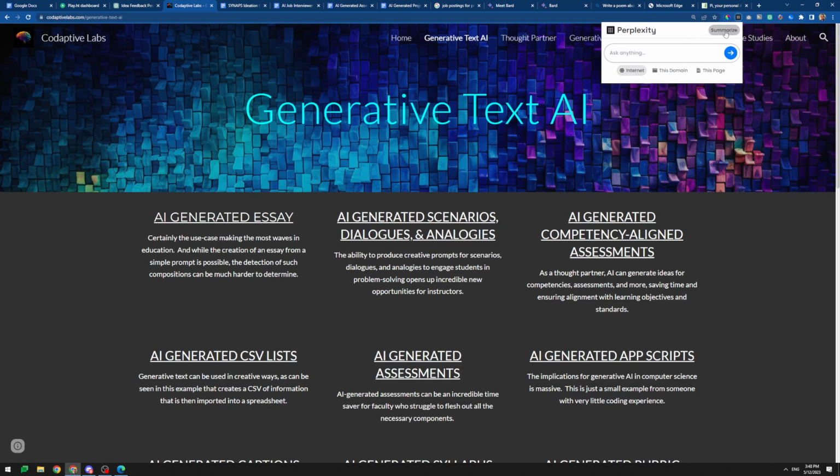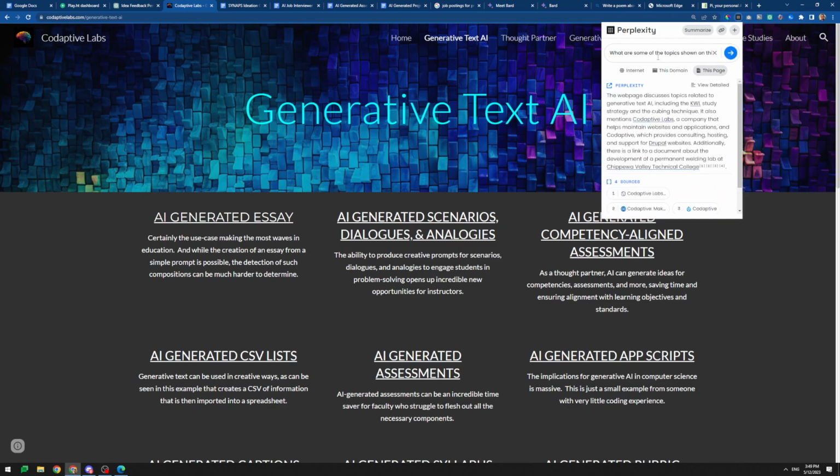The cool thing about this Perplexity is that you can use this to have it scan the web page that you're currently looking at and give you information. So I could tell it what are some of the topics shown on this web page. It's going to look at the web page. This web page discusses topics related to generative AI, including the KWL case study strategy and cubing technique. It also mentions Cadaptive Labs, a company that helps maintain